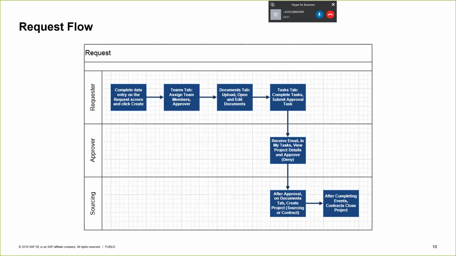So when the approval task is submitted, the approver is notified and approves or denies. If approves, then on the Documents tab, the project, sourcing project, contract workspace appears and continues, the same user as the approver or a different user, and runs the events, RFP, auction, creates the contract workspace, works on the signature tasks and so on, and publishes the contract. Okay, so that will be the